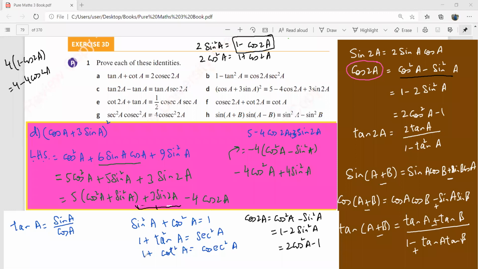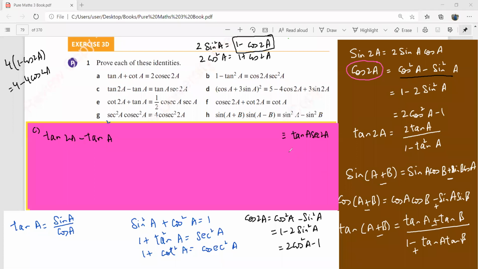And now we are into the C part. I have written down the right hand side, the far right side of this. This is tan 2A minus tan A should be tan A secant 2A. Just trying to manipulate a bit, simplify a bit this right hand side. And you have cos 2A over here. So cos 2A would mean